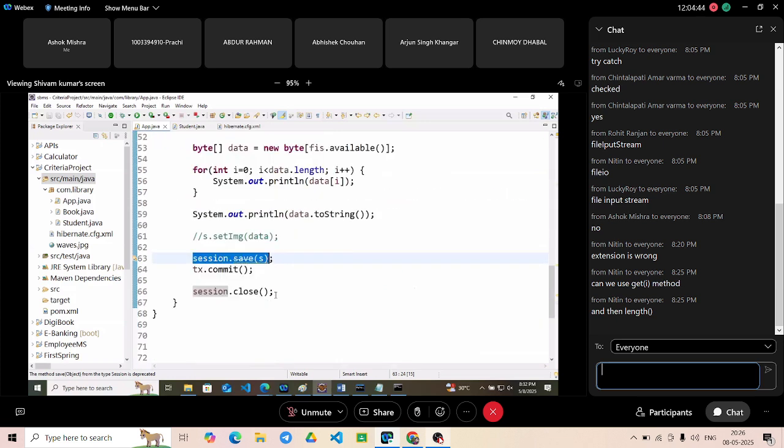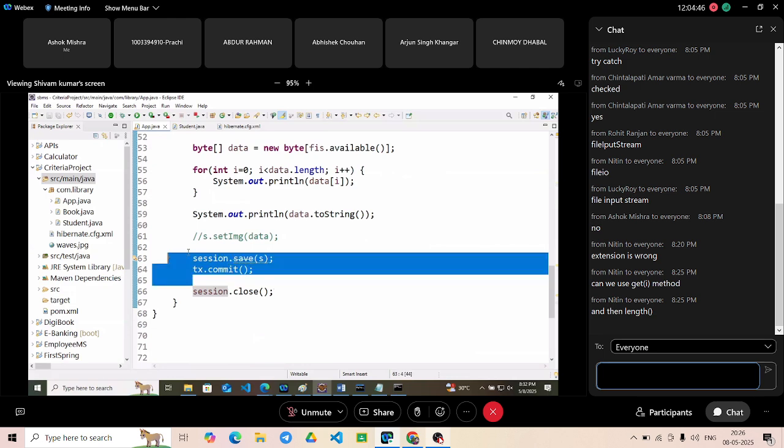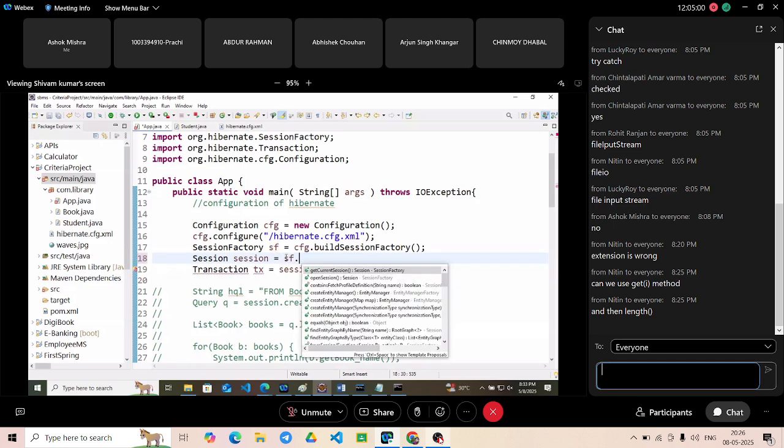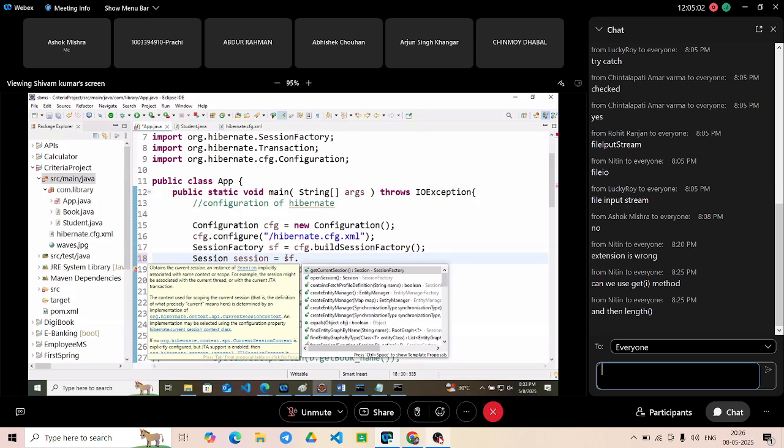Let me tell you what I'm talking about. So, whenever we are creating our session, sf dot open session. This sf is the session factory. Here, we will write something like sf dot. We can, okay, then